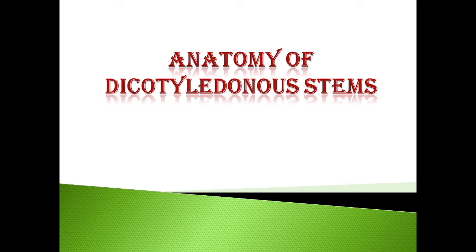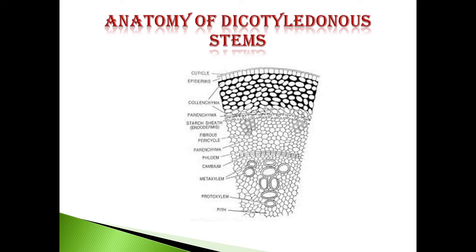Hello, today we are going to discuss the anatomy of the dicotyledonous stem. In a young dicotyledonous stem, there are three distinct regions, that is the epidermis, cortex and the stele region. The epidermis consists of a single layer of cells